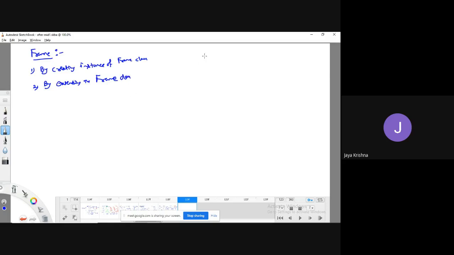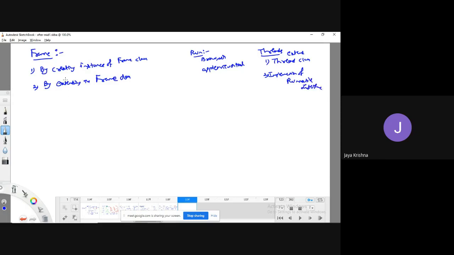I think you already know how to run applets: one is through the browser, another way is through the applet viewer. How to create threads: one is by extending the Thread class, another is by implementing the Runnable interface.